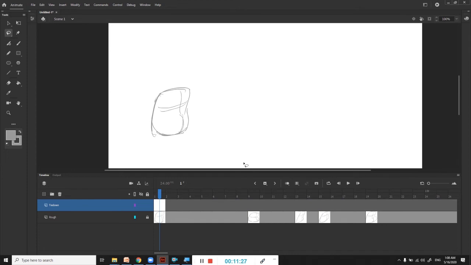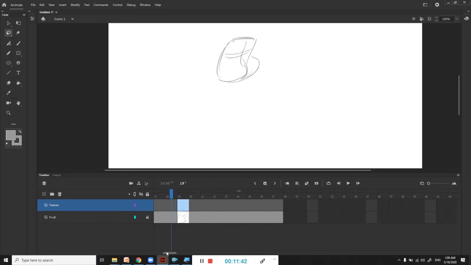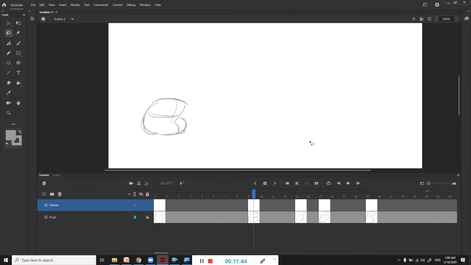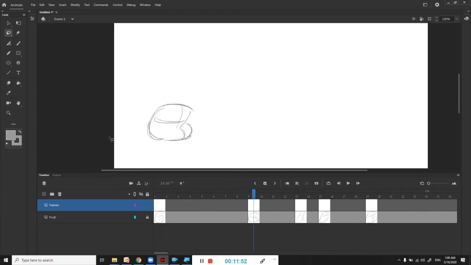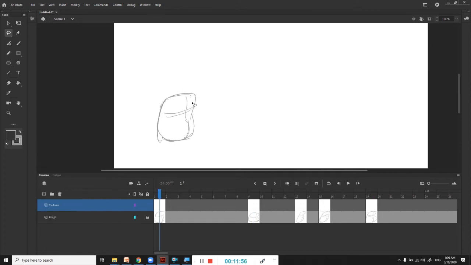So what I normally will do is to come to this drawing on top of the squash and hit F7. Come here, hit F7, F7, then do the same thing. Okay, then yeah, so now I can jump key to key now. Even though my tie down layer has no drawing, I can still jump key to key. Right. So for the tie down, I would normally use a darker color. So hit